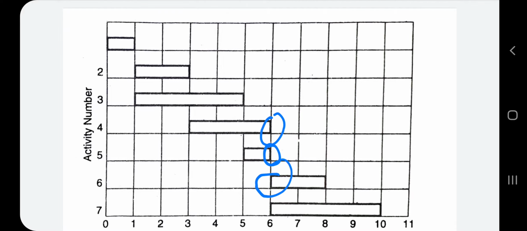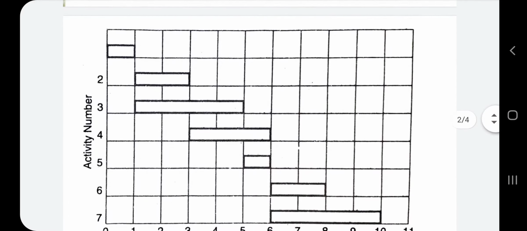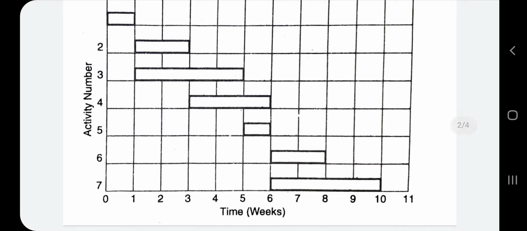So from here activity 6 starts, and the last one, activity 7, is the last activity, which can be started only after completion of activity 5. Okay, so activity 5 ends here. So our activity 7 starts from here only. So in this way we have to draw the bar chart.